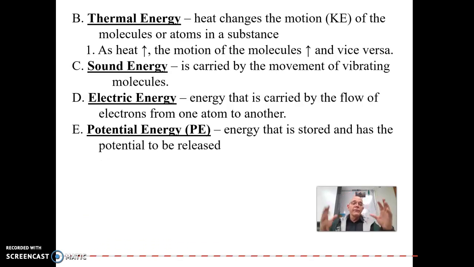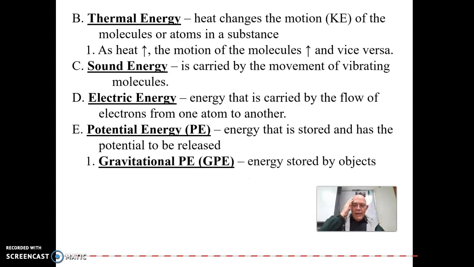Now, we said normally, when we talk about this, we're talking about something up in the air that has potential energy to fall, okay? And it would fall because of what force? Well, it would be gravity. And so it is called Gravitational PE, or GPE. That does not mean gravitational physical education or anything. Although I guess if you climb things and fall off, you could demonstrate that in PE. But that's probably not recommended.